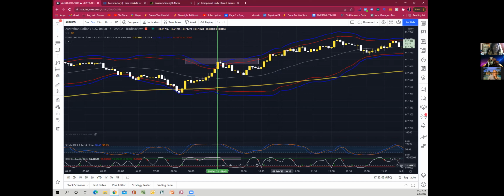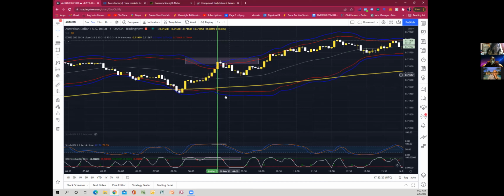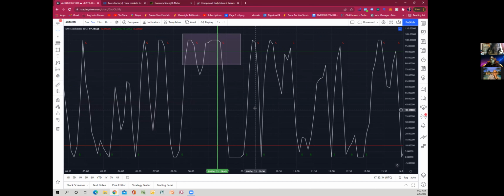And then look at this DMI. This is my DMI. As you can see, it was overbought and then it came down and then came back up and then also dropped down. This is what you want to see. This extension, if you don't have the second stochastic, this extension is major key. Because if you look at the chart with this sale right here, it came back up and dropped again when you have that extension. And then also with the DMI extreme, they have these little sell and buy signals right here.